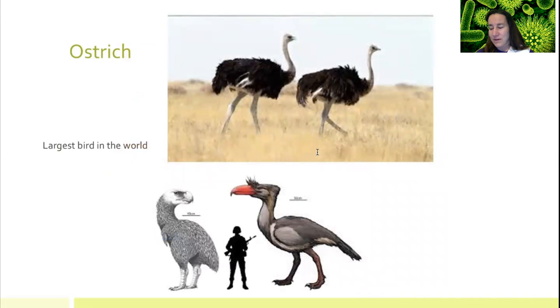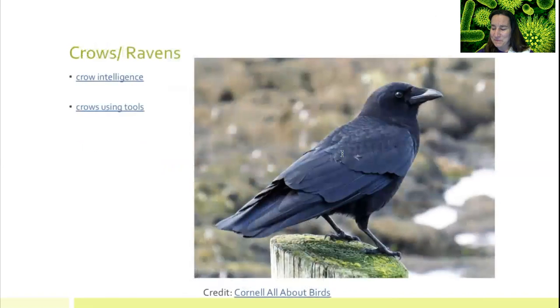Another bird of note, the largest bird in the world is the ostrich, and he has feathers and he has wings, but he is not going to fly. You're not going to get that big thing up. So these guys are very big. Ostriches and emus are very, very large birds, but they are not going to be flying around. If anybody has seen these guys, they are big and they know they're big and they'll throw their weight around and they will possibly be aggressive to you.